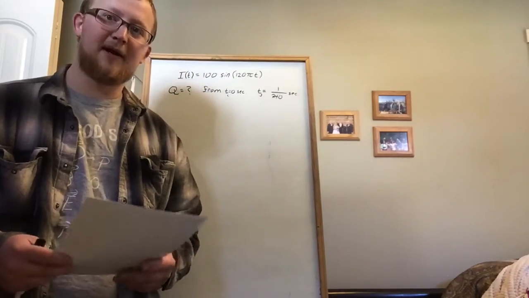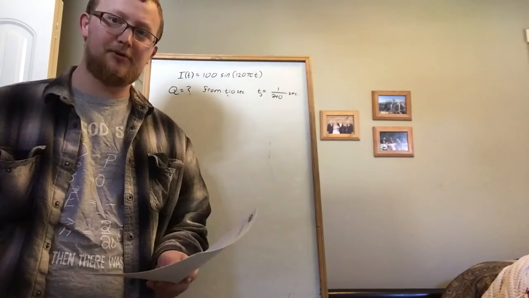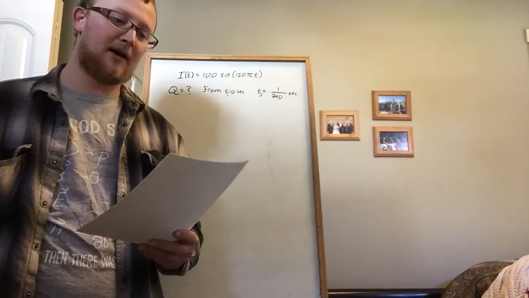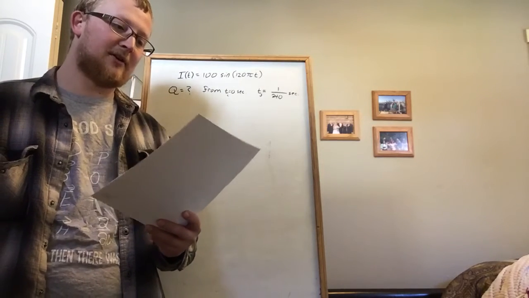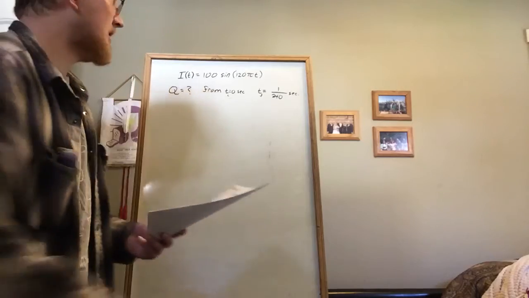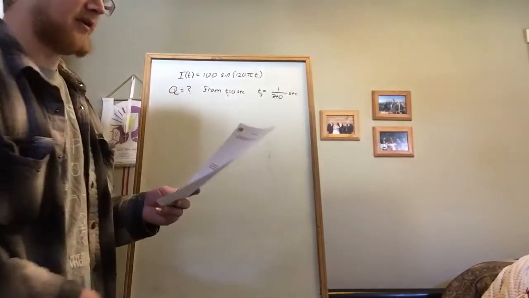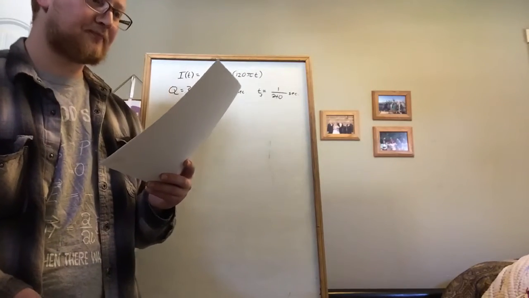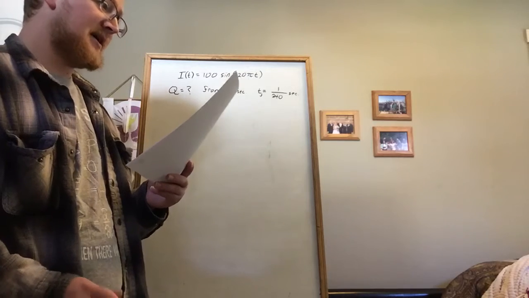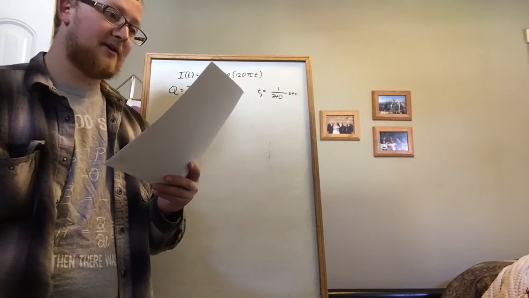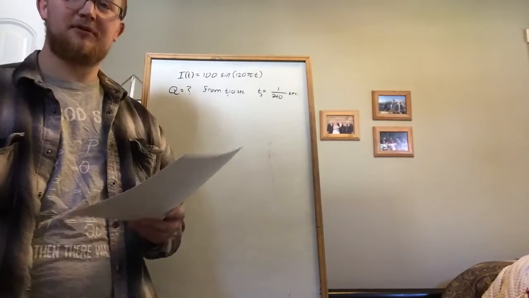I'm a tutor at CWI, and today we're going to be working through practice exam 2 for Physics 212. Right now I'm on problem number 5, and it states that an electric current is given by the expression I of t is equal to 100 sine of 120 pi times t. Here I is in amperes and t is in seconds. What is the total charge carried by the current from t equals 0 to t equals 1 over